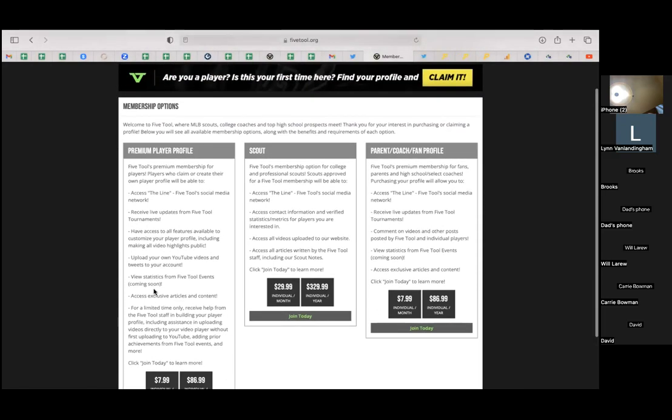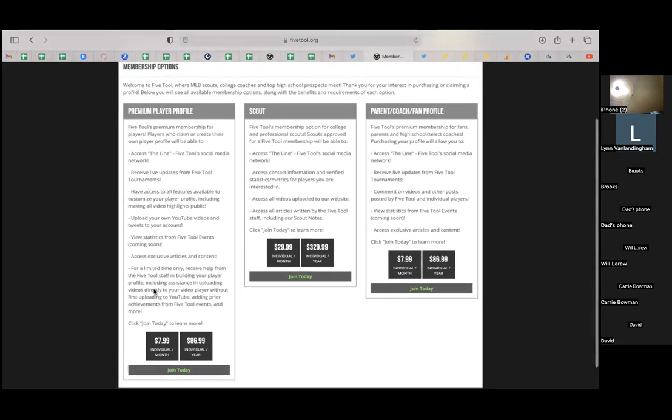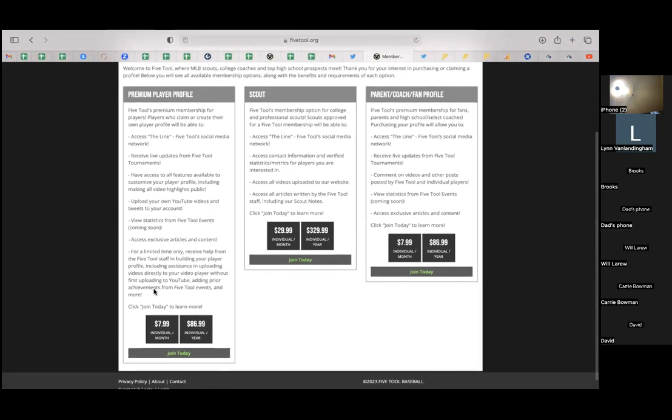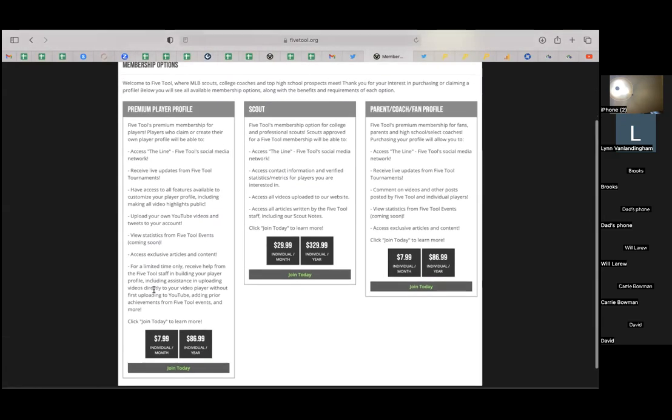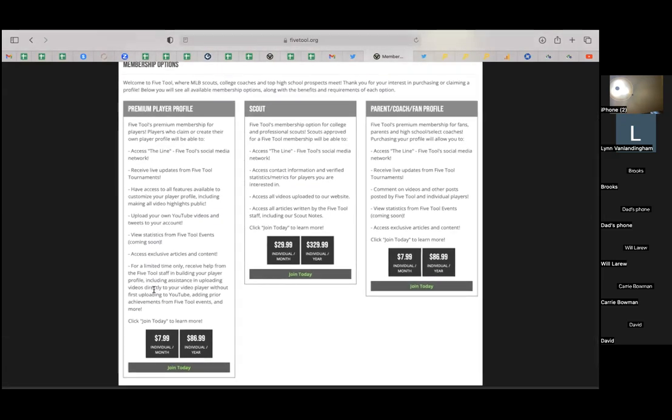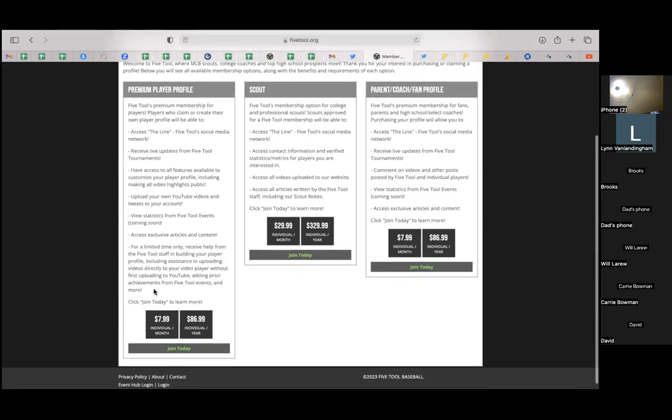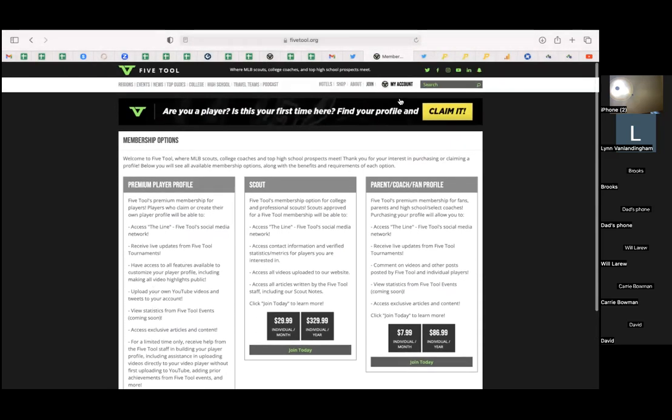Anything else on that? No, and Brooks, talk about this pricing. I mean, we're 30% less than the other guys in the industry with quite a bit more functionality. And on the Scout package, we're less than half. The reason that we did that is because we wanted to be able to reach the Division II schools, the Division III schools, the junior colleges that don't have the budgets. We had one Division I school that at this price wanted to buy 5 years in advance just so they didn't have to renew.